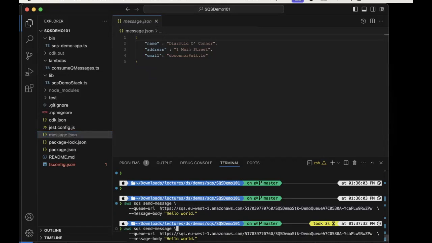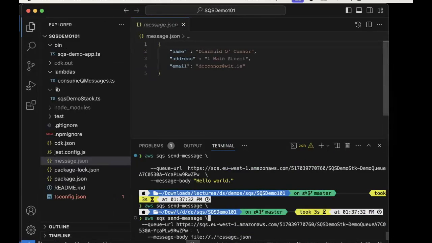How you do that using the CLI is, if you can see here down at the bottom, you can reference a JSON file as being the message body. I don't know if that's showing up clearly on your screens, but here I'm just referring to it, and the protocol needs to be as I'm typing it here. So if I send that,